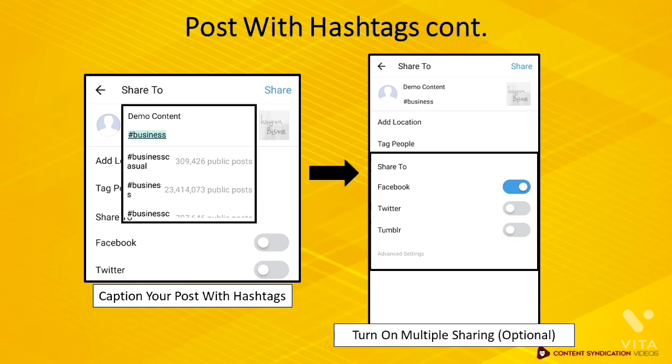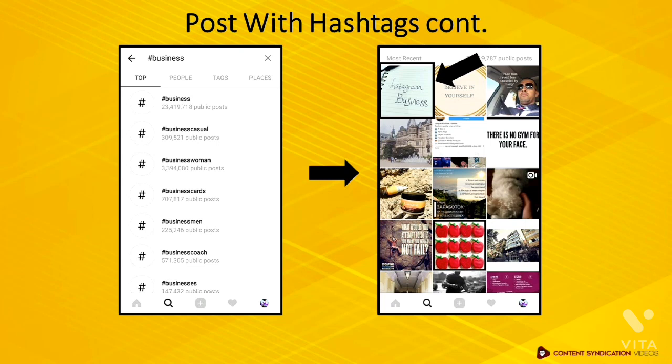Additionally, you can multiple share your Instagram post to different social networks. This is optional unless you want to consistently drive traffic between your Instagram and Facebook or the rest of the social network options. Once you've posted your content, if you look up on the hashtag that you've applied for it, in this case, it's hashtag business, you can see that your post is amongst other posts with similar hashtags. So keep putting hashtags to your post. It will be found by everyone using Instagram. Just remember to keep updating your profile and be creative when using not only images and videos as your post, but also using Instagram Stories, Live, and Ads.